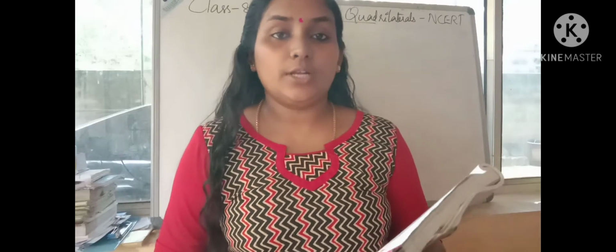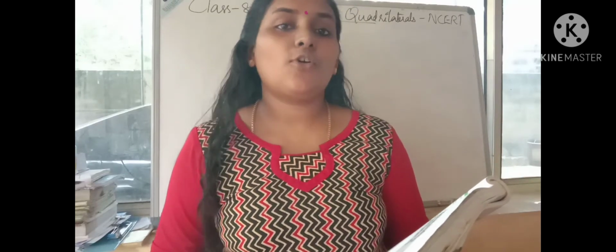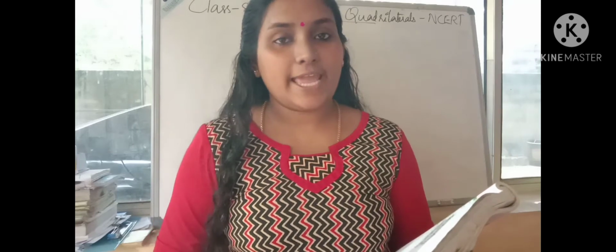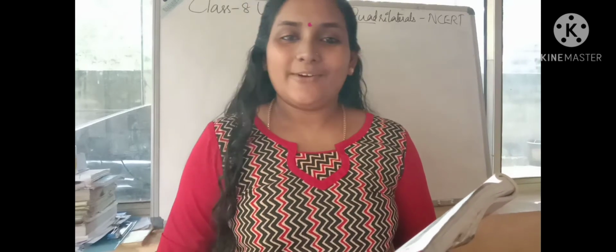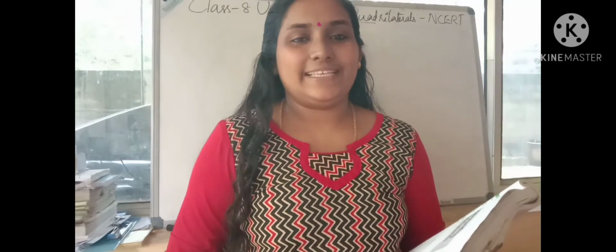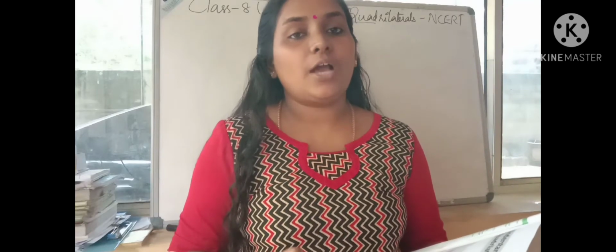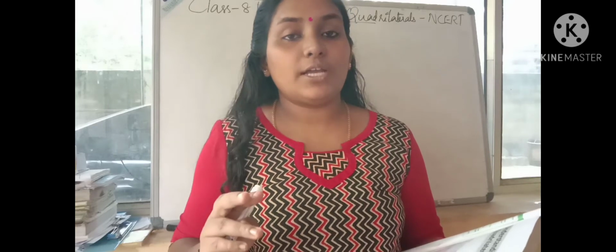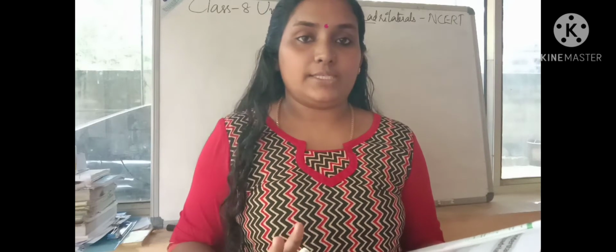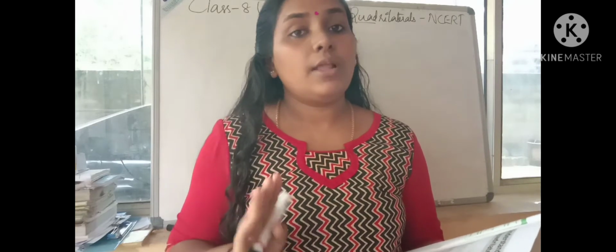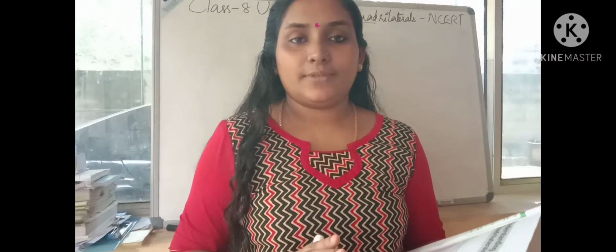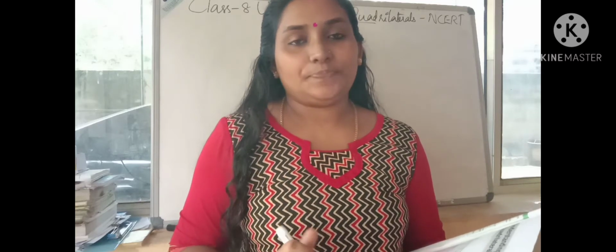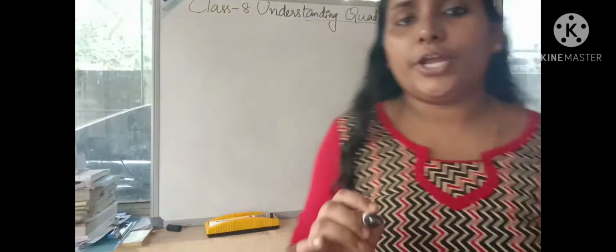Today we are going to learn understanding quadrilaterals for class 8 NCERT syllabus. Okay, let us start. In this chapter, we are going to learn about quadrilaterals, that means surfaces having four sides. Quadri means four, lateral means side. Right? Here, see, on your textbook,